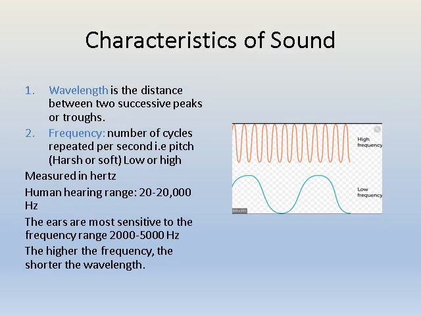Characteristics of sound. How do we define the wavelength? Wavelength is defined as the distance between two successive peaks or two successive troughs. In other words, it is the distance between the exact same point on two successive cycles. What about the frequency? Frequency is the number of cycles repeated per second. As we can see in this diagram, high frequency, high number of cycles per second, low frequency, fewer number of